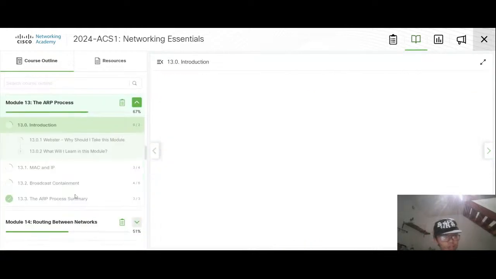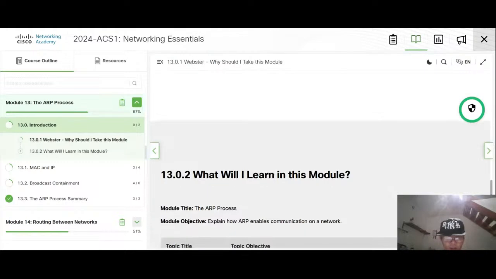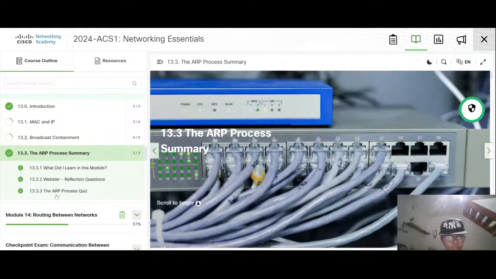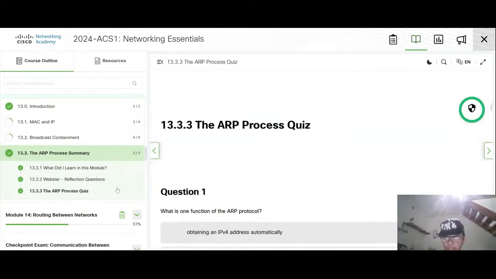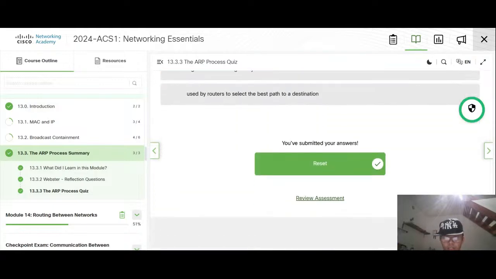Next, ARP process. If we quickly go over the steps, if we really need this. Okay, ARP process quiz. Okay, move on. Okay, let's do this.